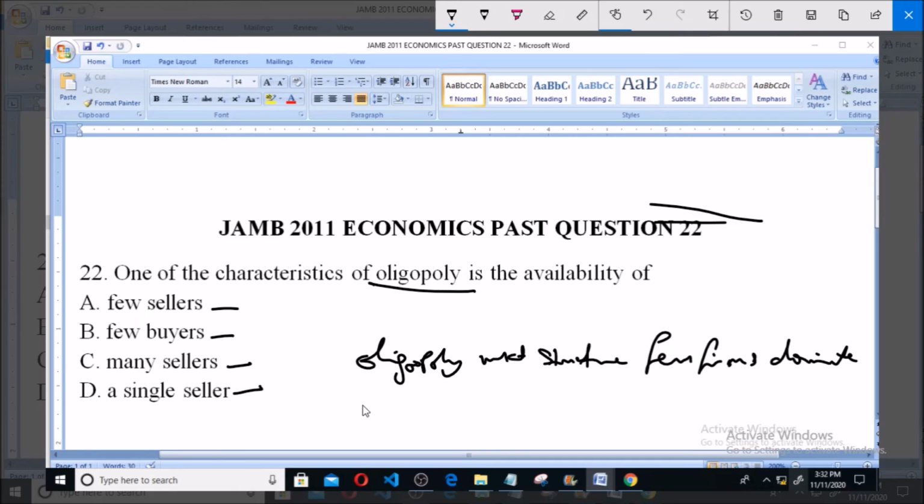So from our listing, the characteristic of oligopoly is that they have few sellers. So option A